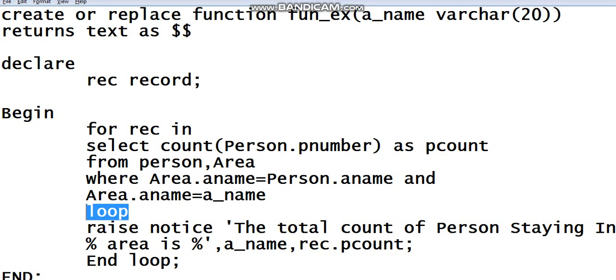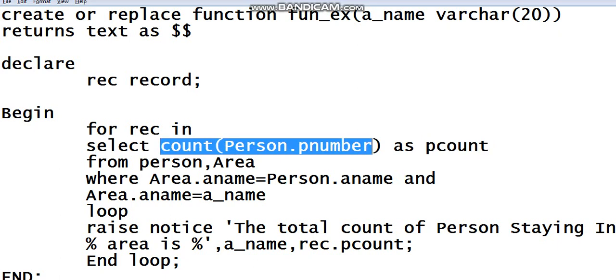Then write the loop keyword, raise notice 'The total count of persons staying in % area is %', a_name. Since it is local to this function, we can directly use a_name, whatever is passed as the value to the function, and rec.p_count. This p_count is the alternate name for this entire output.